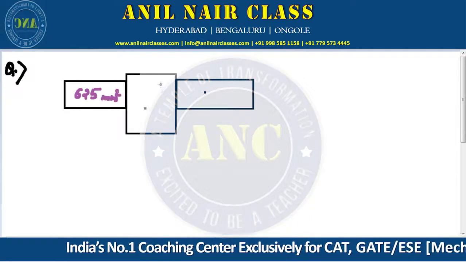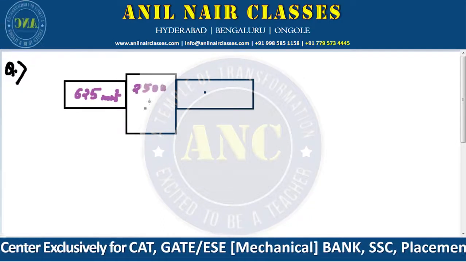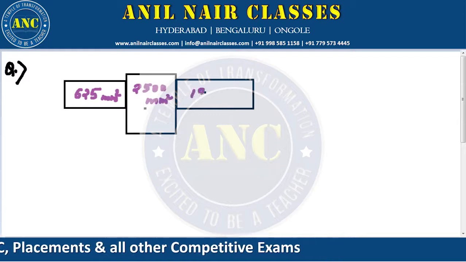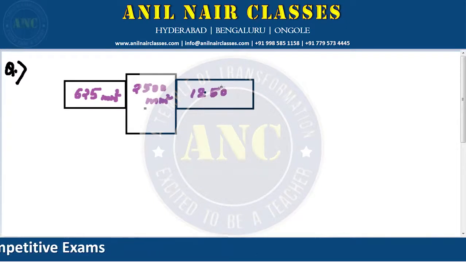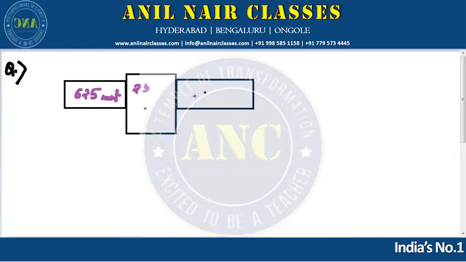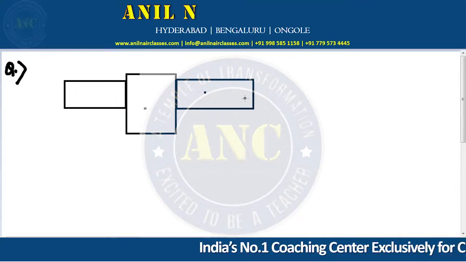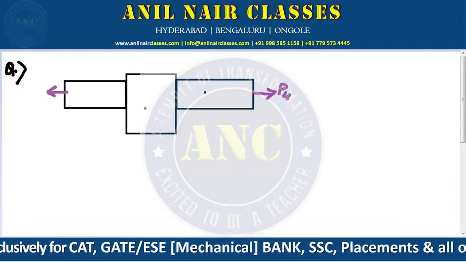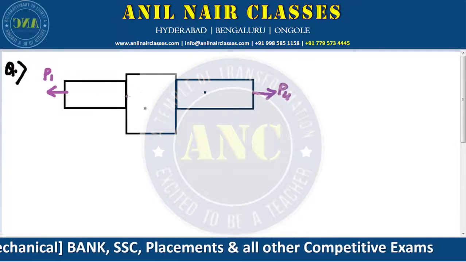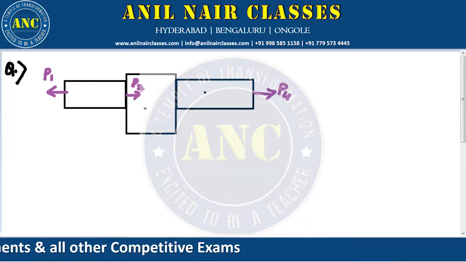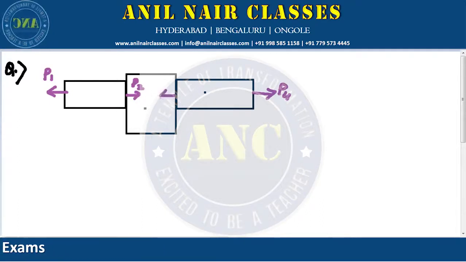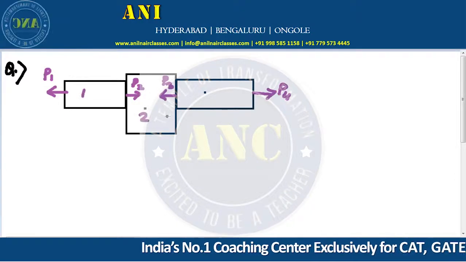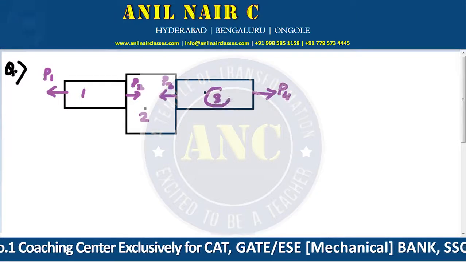mm square. This is 2500 mm square, and the third section is 1250 mm square. But here I should remove it. I cannot point it. I'll first put the force. So the force is given as P4 here. The force over here is P1, whereas inside this is P2, and here it is P3, right? The area for, say, this is 1, this is 2, this is 3. I have made sections 1 to 3,